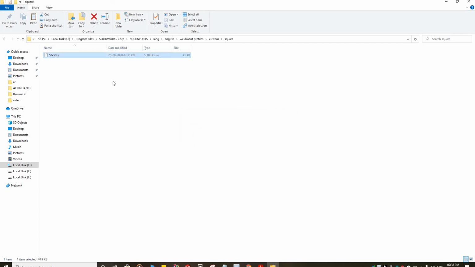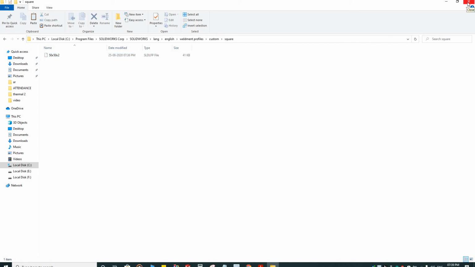It will copy. Note that location: in C drive, then open program files, then open SolidWorks Corp, then open SolidWorks, then open lang, then open English, then open weldment profiles. After that, you can create the new folder with your name.